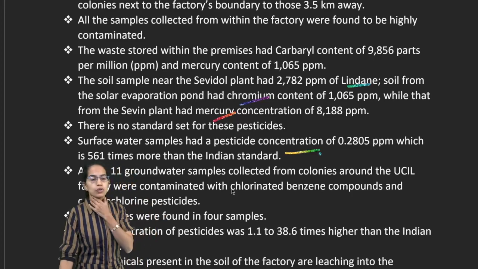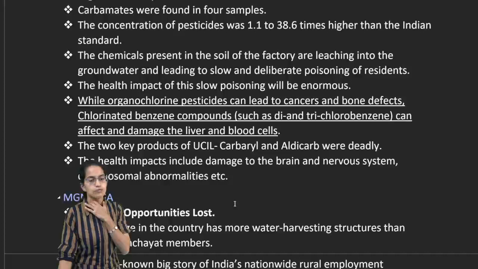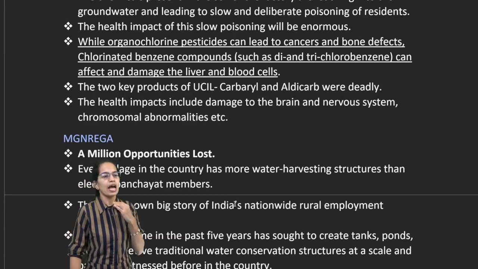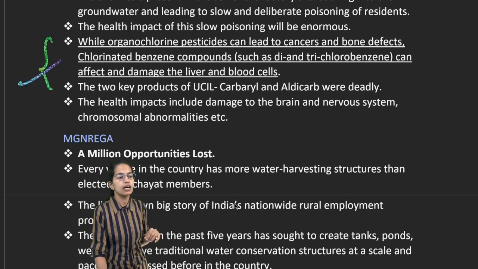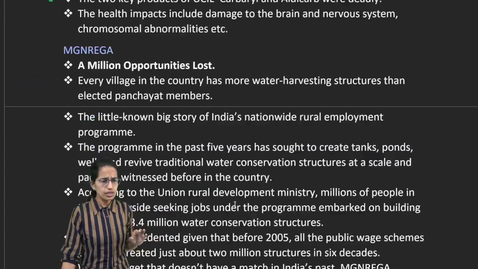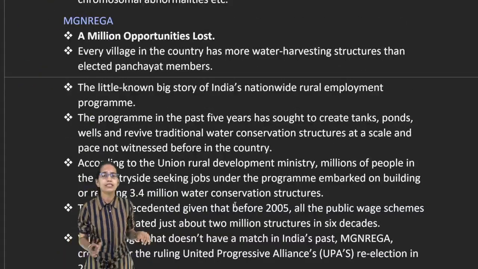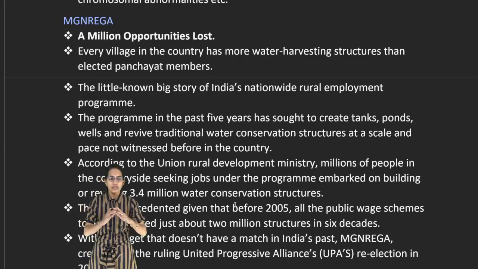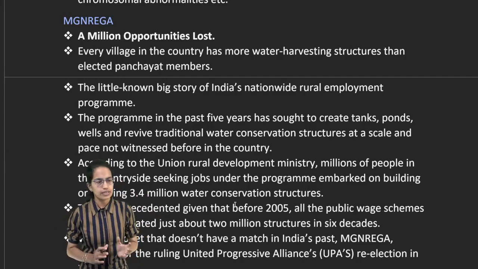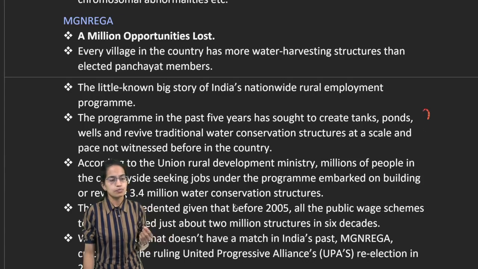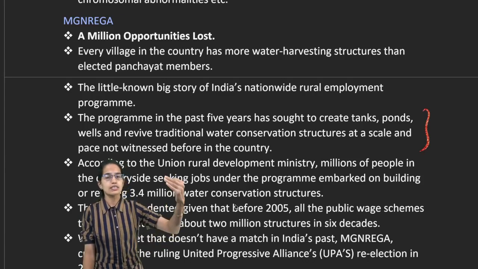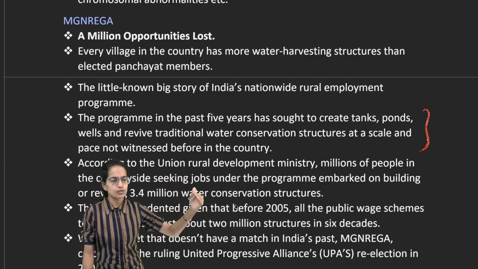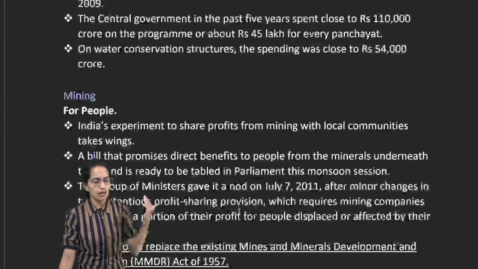Now, organochlorides actually are those pesticides which lead to cancers and bone defects, and they damage the liver as well as the blood cells of the body. The next is Manrega. Manrega is a scheme through which 100 days of guaranteed employment is being provided. Now, nationwide rural employment providing scheme, and this scheme has been working for the last 5 years, asking people to build tanks, ponds, revive the traditional water conservation systems, and through that